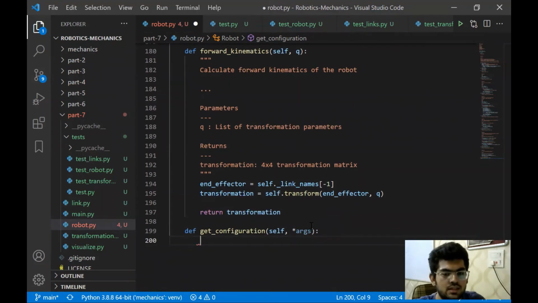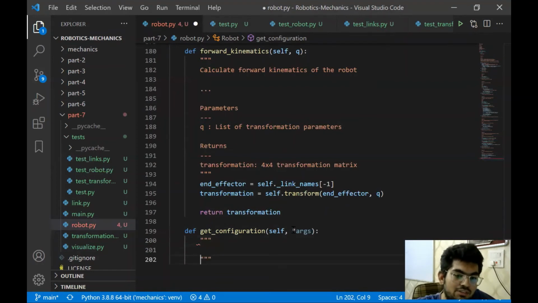With this we can enter any number of arguments to it. We don't need to specify the degree of freedom. Instead, we can just put in different values. If the number of arguments is not equal to the degrees of freedom, we can give an error, and something like that we can do.